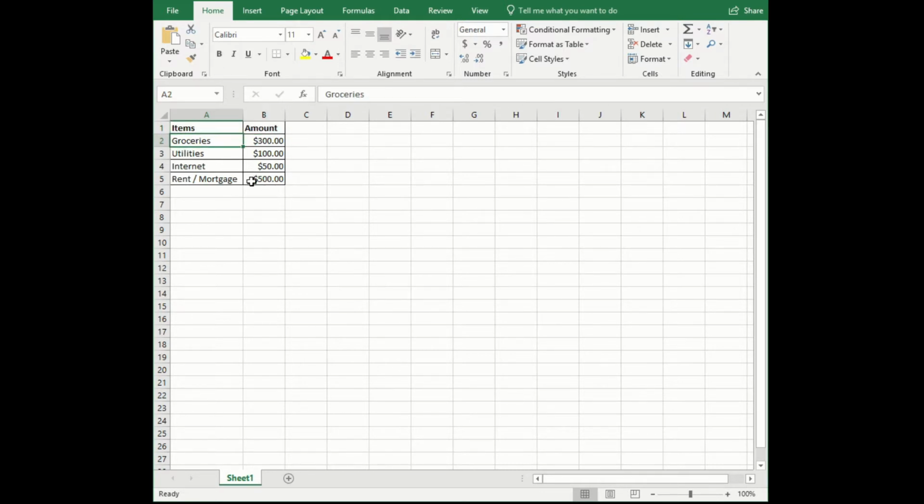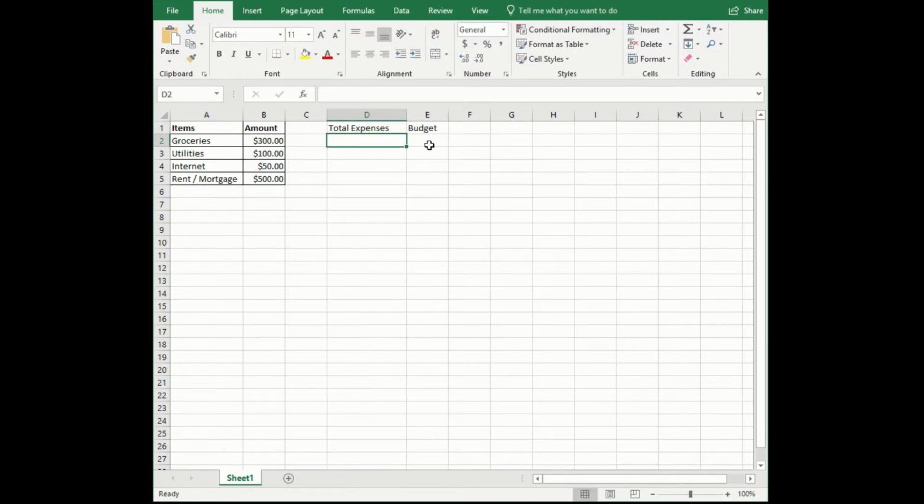And now let's add the total expenses for the month and the total budget. Let's enter under column D, I guess, total expenses. Let's put the budget under column E. Let's expand that a little bit. Now what you do is, let's say that your budget is $3,000 for the month, and for total expenses, there's